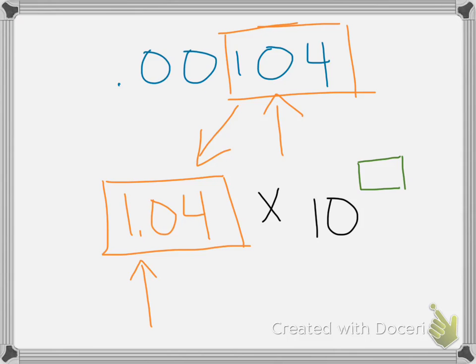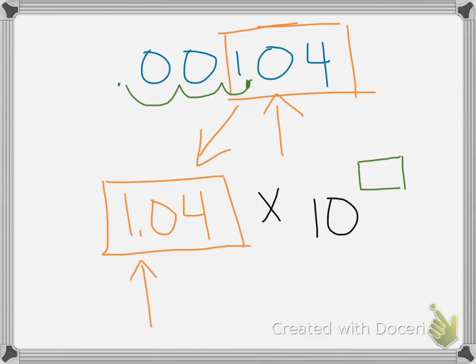The next thing I told you to do was count how many moves either to the left or to the right it took you to go from that decimal place in the original number, if the original number had it, which it would have been here, right? How many decimal moves to get to the end? Well, in this case, it's 1, 2, 3. See that? I'm going left instead of right. That's all. So it took me 3 moves, but before I write that 3, I want to look at the original number,